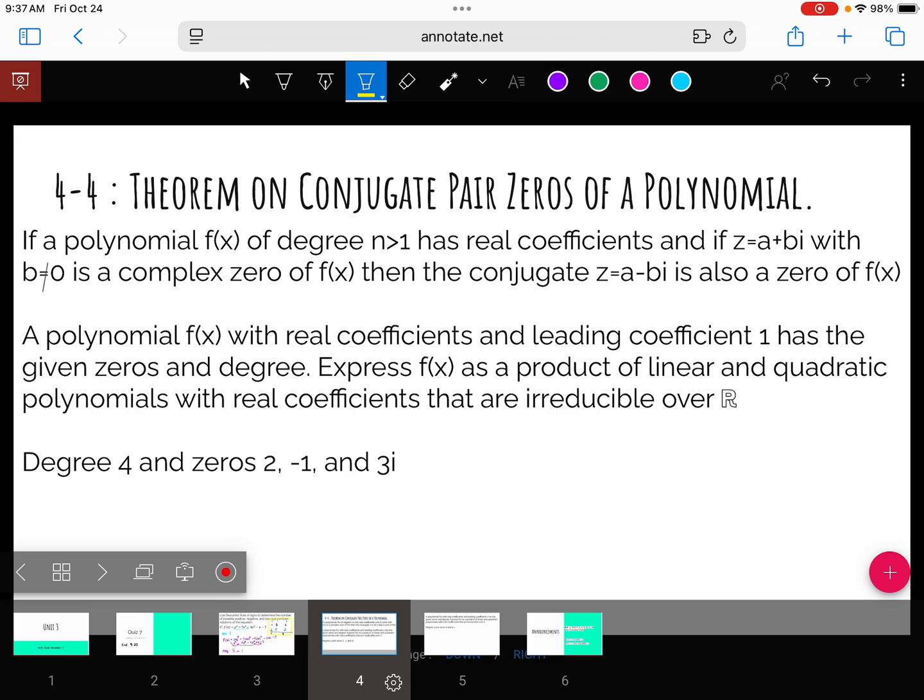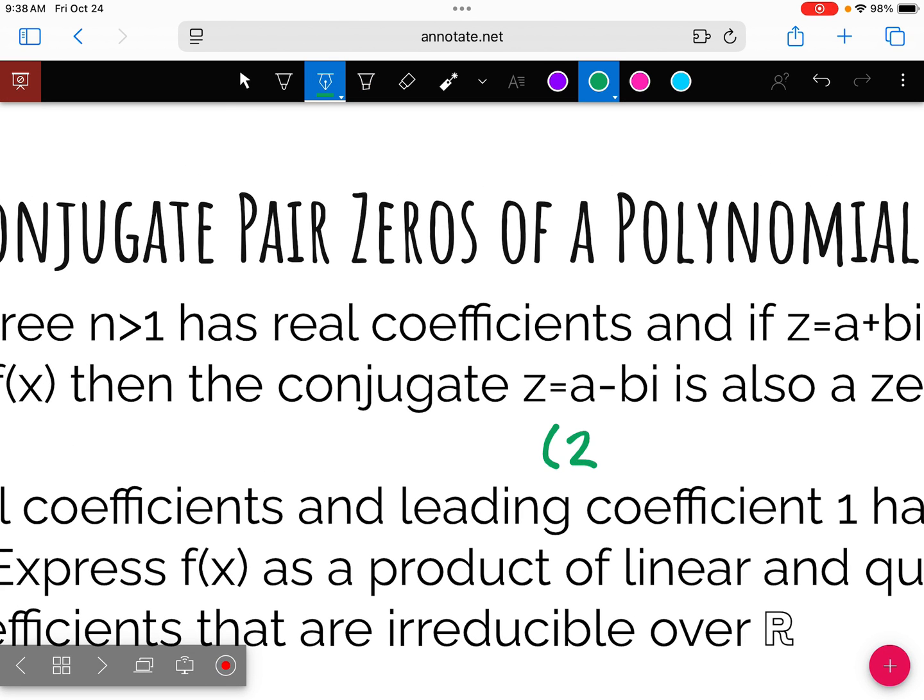So 4.4, we're going to start having more of these complex roots, meaning imaginary stuff. And just like we were saying when we were looking at Descartes, imaginary roots always, always, always come in pairs, every single time. Sometimes we are not just going to have the root of 3i or 4i. Sometimes you'll get like 2 plus 3i or 4 minus the square root of 26i, all kinds of different things. So if we have a complex number, something like 2 plus 3i as a root, like we're told we have a root at 2 plus 3i,